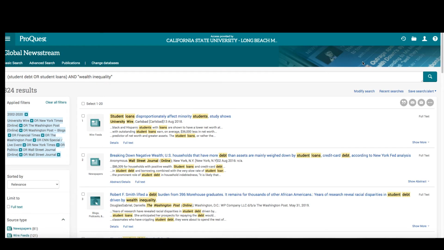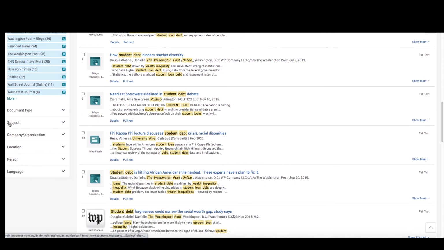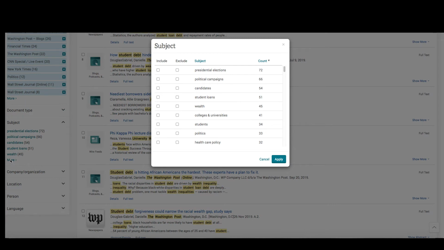And that reduced us to 324 results. So this is 324 newspaper stories in the last 20 years that mention the terms student debt or student loans and wealth inequality. Now there's another filter that I want to show you, and that's the subject filter. And what this does is it tries to give you a further way to make your search more precise. So we can see here that we have student loans and wealth